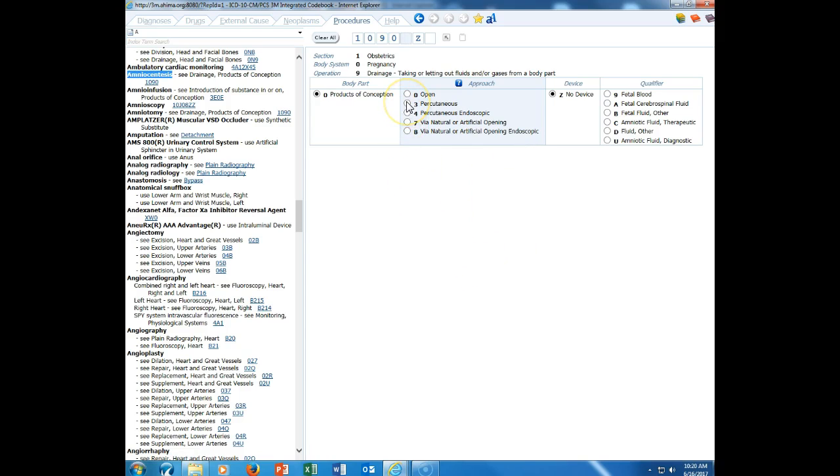And typically, the approach for these is percutaneous. There's no device. And if I'm doing amniotic fluid, it could be therapeutic or diagnostic. And usually it's diagnostic. They're taking that amniotic fluid out because they want to look at the fluid for abnormalities or anything like that. And you can see that this code is 10903ZU. Now I know O's are not used in PCS, so I'm not going to worry about putting a line